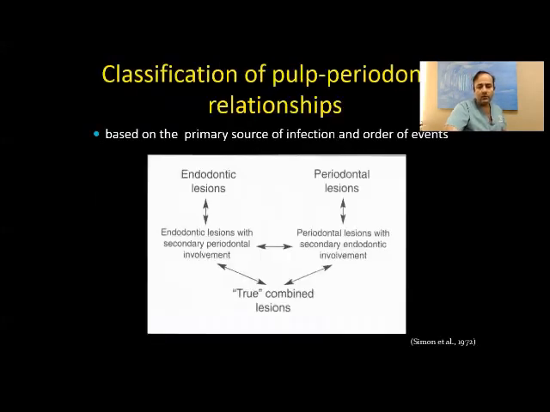So we're talking about a complex situation between primary endodontic disease, primary periodontal disease, and a combination of both: an endodontic infection caused by periodontal disease, or an endodontic infection that is causing the periodontal disease, and a true combination of this situation. These are mostly confusing for us at the clinical level, and to identify the pathway,